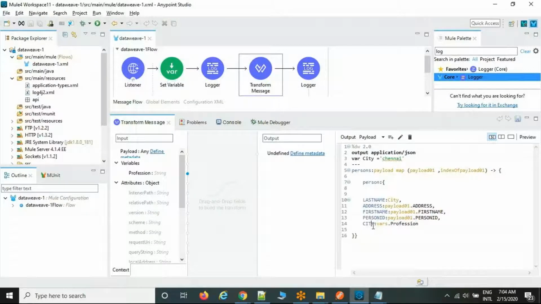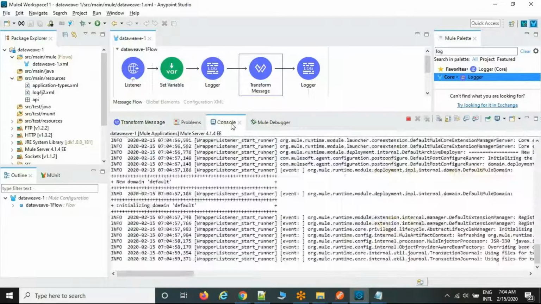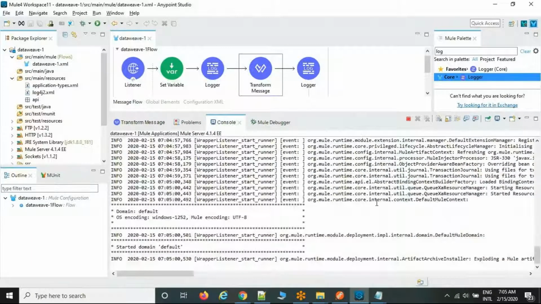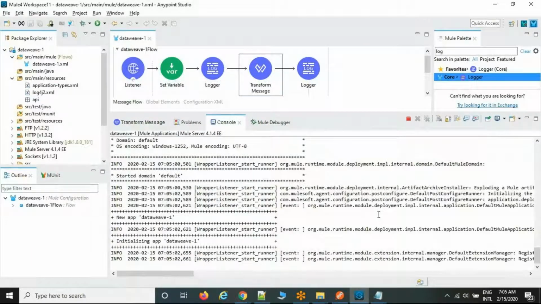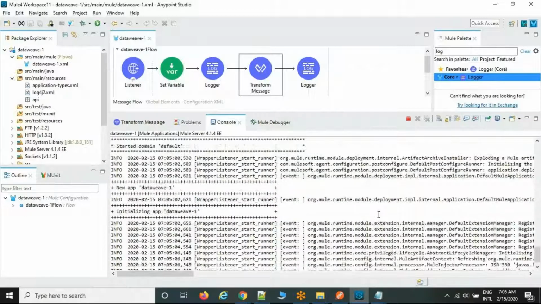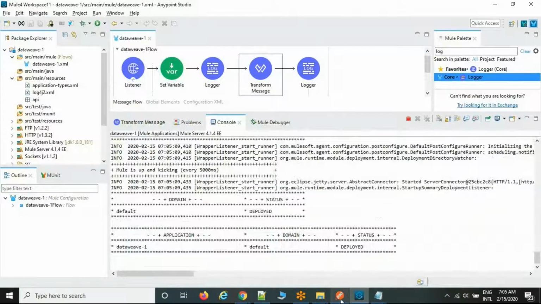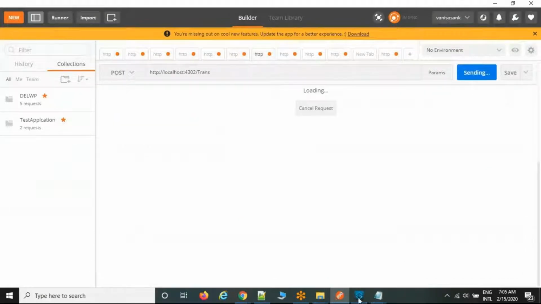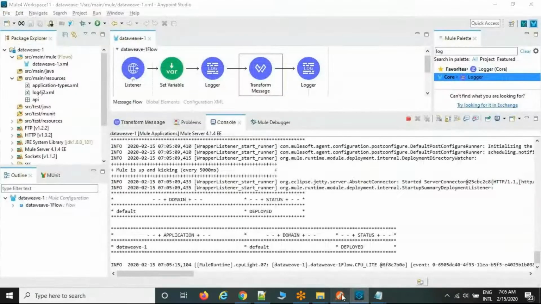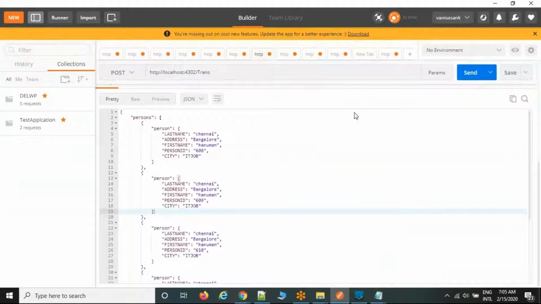It is going to be appended to city at runtime, and the file is going to be generated. See, IT job is going to be generated.